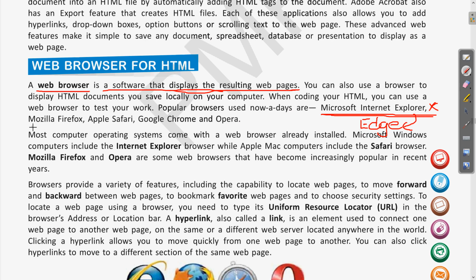Then the other popular browsers are Mozilla Firefox. Mozilla is the name of the company and the name of the browser is Firefox. Then Safari, which is the product of Apple, then Chrome, which we are using, which is the product of Google. So these are the well known ones. Then we have Opera and Opera Mini.